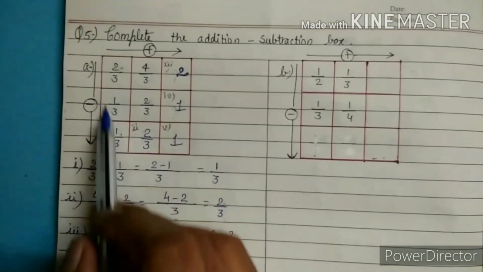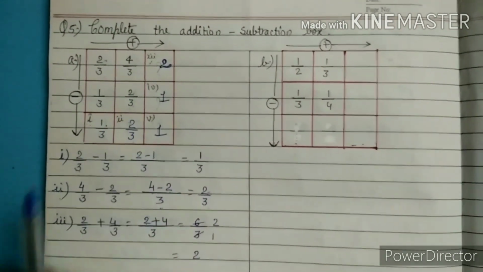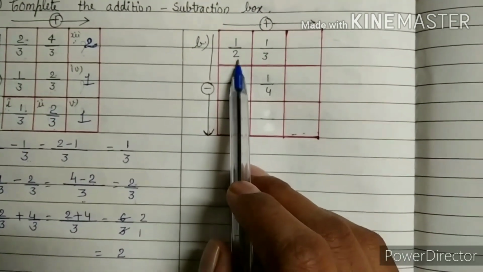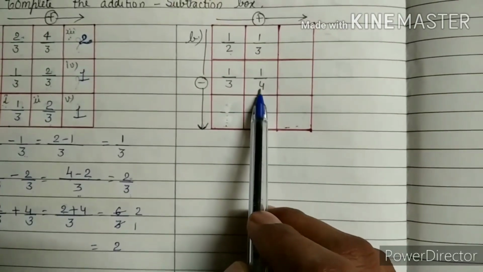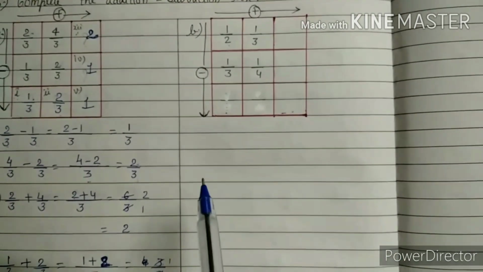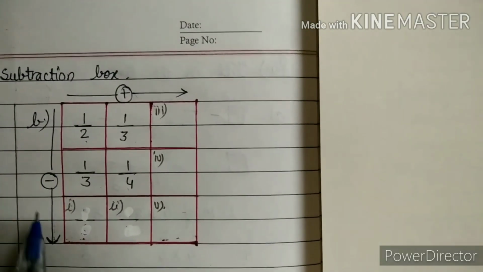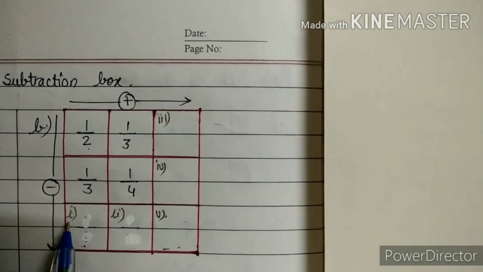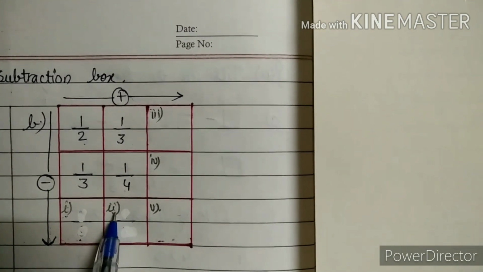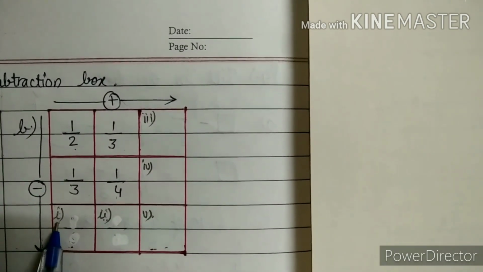We will do the same in B1, but one more thing is there. In the A1 section, we have the same denominator in every case, but here we have denominator 2 somewhere, 3 somewhere, 4 somewhere. So we have to solve them with the help of the LCM method. Let's see. In B1, we do the same. Here I did the numbering first, second, because first and second will give the result of fifth. So we will start from this.